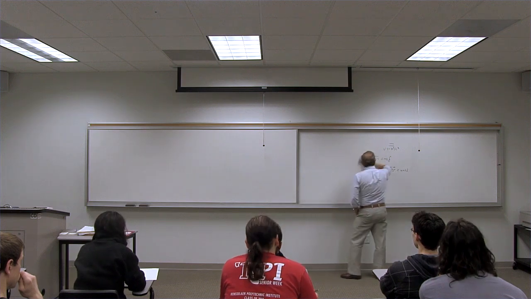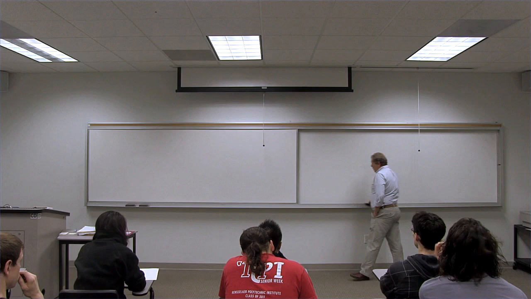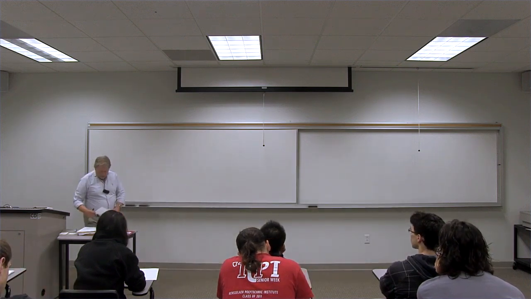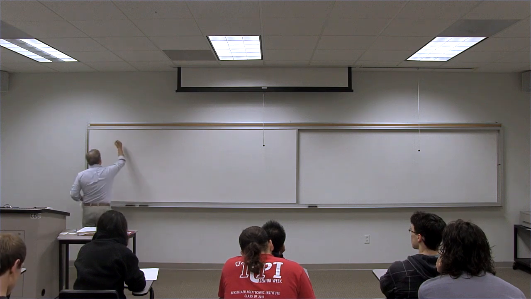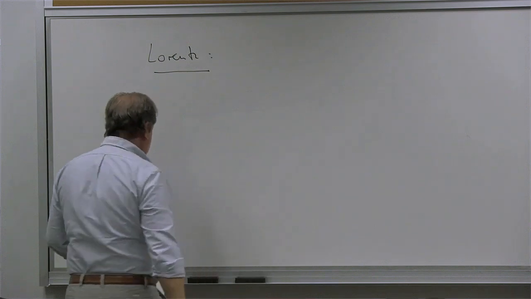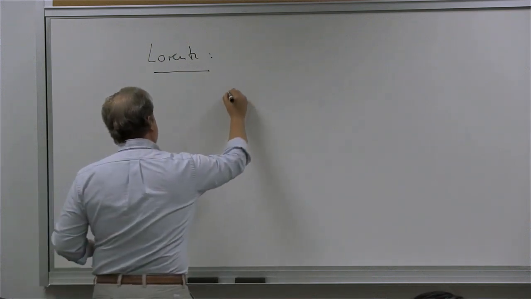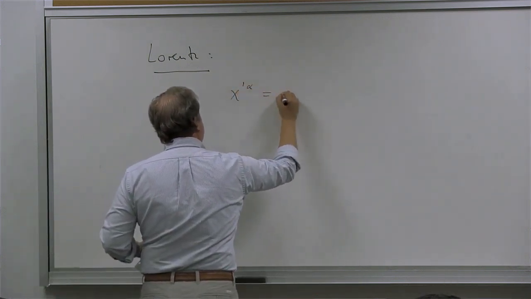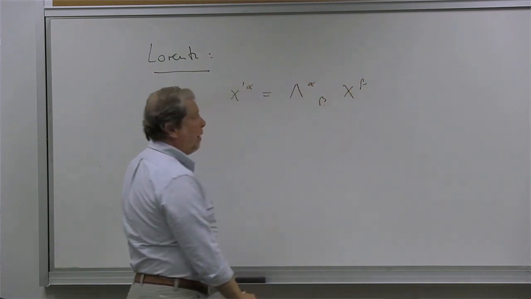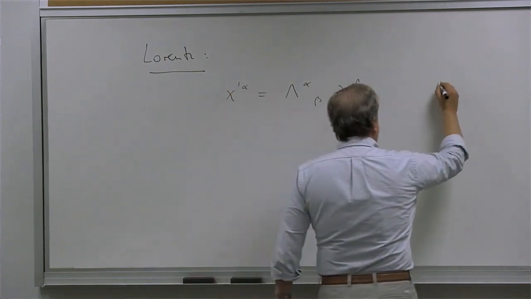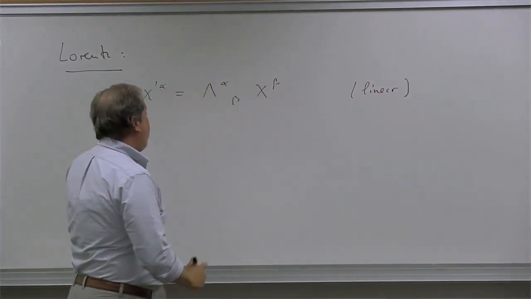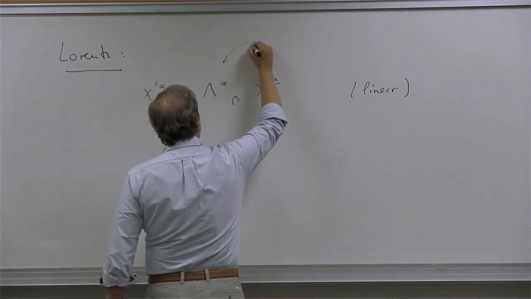We want to condense all this stuff into something that is a little bit more streamlined. And so as a result of that, we're going to write the Lorentz transformation in the following form, as x^α′ = Λ^α_β x^β. So we know that the Lorentz transformation is a linear transformation, and so this will be the case here as well. That means that this Λ is a constant